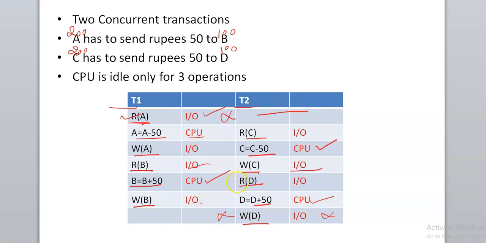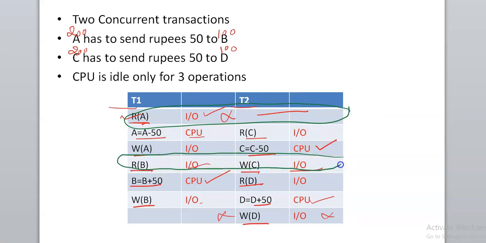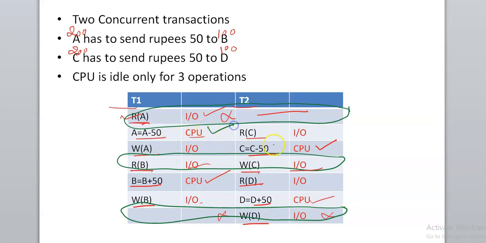As we can see here, there are only 3 operations in which CPU is not at all used. Yes, so let me highlight it. Okay, as you can see here, this operation does not require your CPU, this operation does not require CPU, and this operation does not require CPU. But as you can see, all the other operations, either T1 or T2,